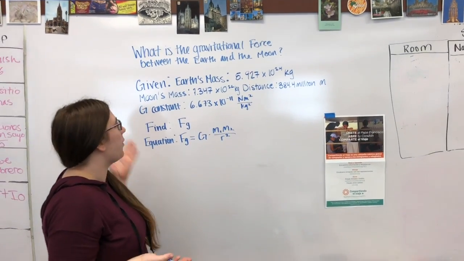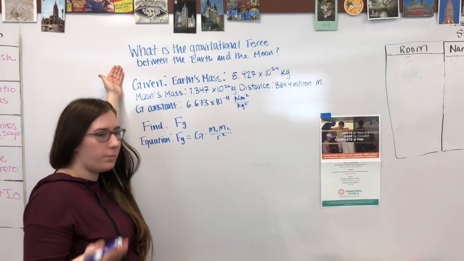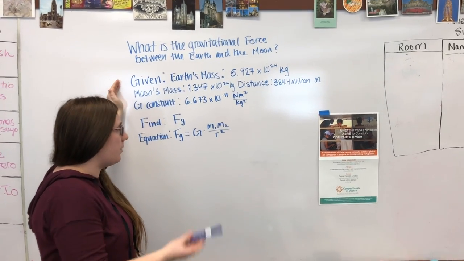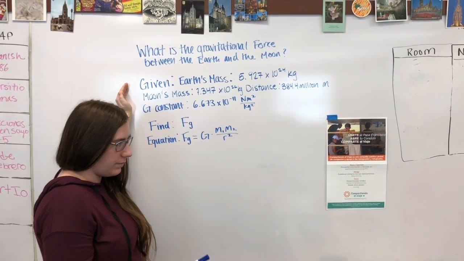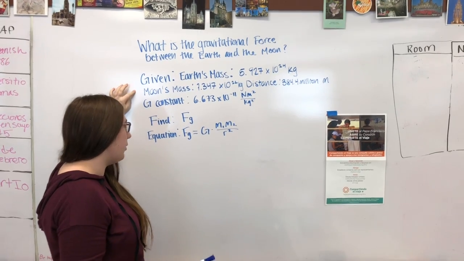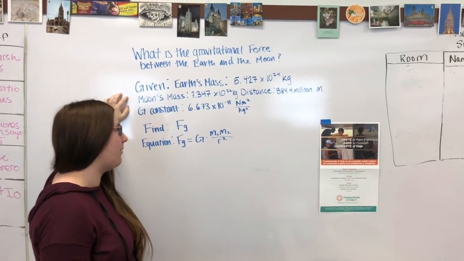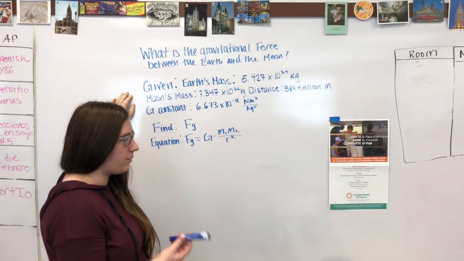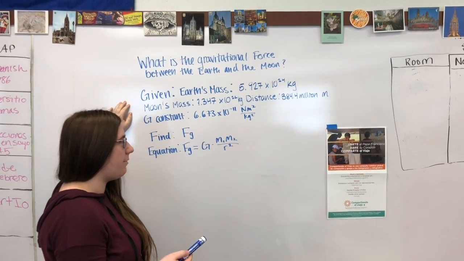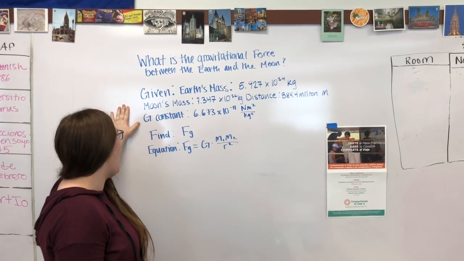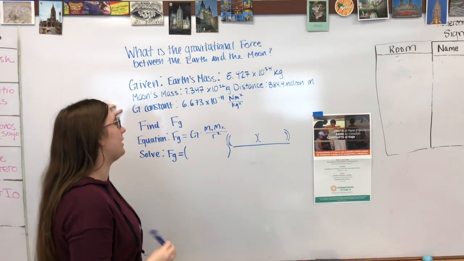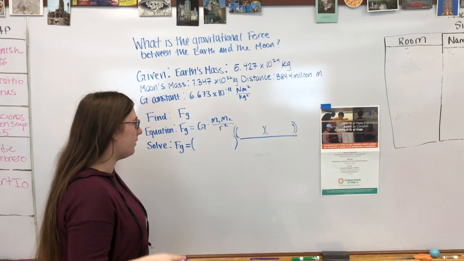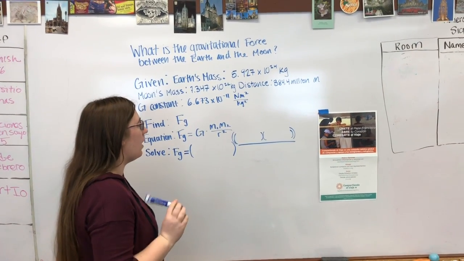So we're trying to find what the gravitational force between the Earth and the moon is. We're given that the Earth's mass is 5.927 times 10 to the 24th kilograms. The moon's mass is 7.347 times 10 to the 22nd kilograms. The distance between the Earth and the moon is 384.4 million meters. And the gravitational constant is 6.673 times 10 to the negative 11 Newton meters squared divided by